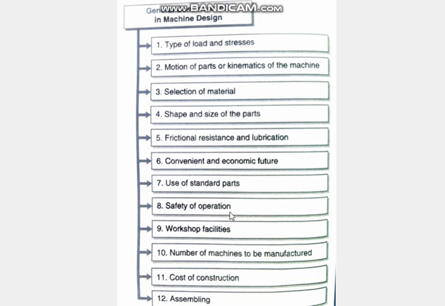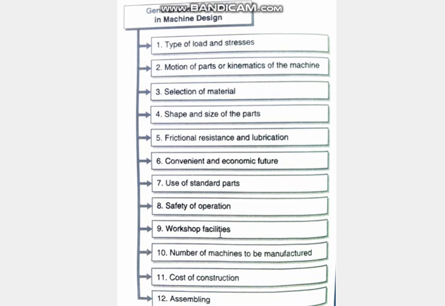You see, just because something is running, it is a vehicle, you should not build it on the principle of 'chalti ka naam gaadi'. All the safety precautions and safety operations also you have to consider. Otherwise, you will not get approval from the government to produce that part in mass production. When automobile companies are producing motorcycles or cars, they have to get government approval, and only then can they sell to the market. Otherwise, you are producing killing machines, and the government won't give permission for it.